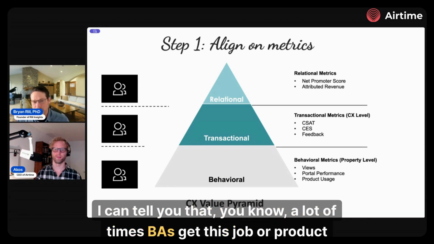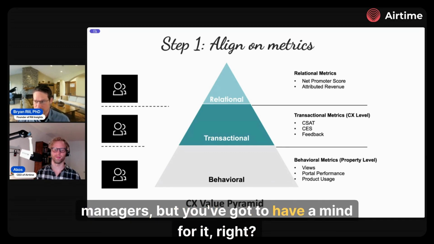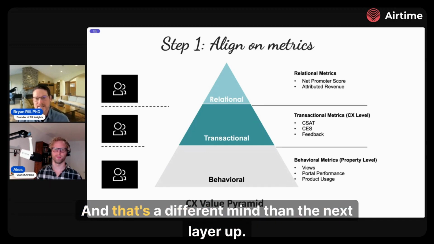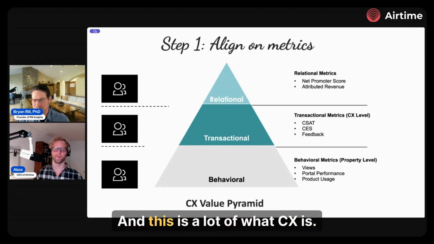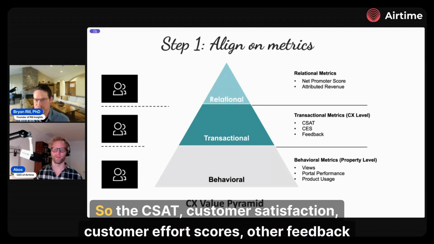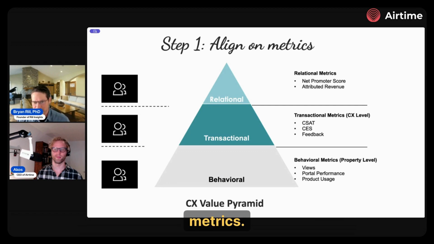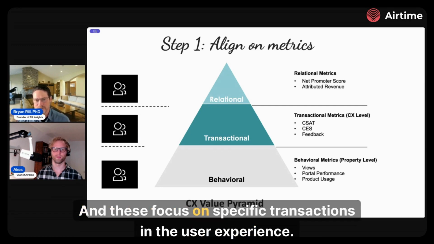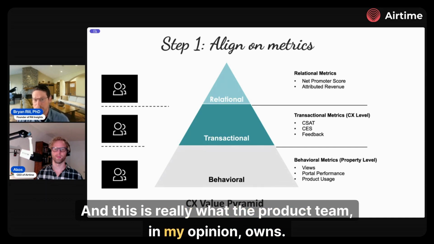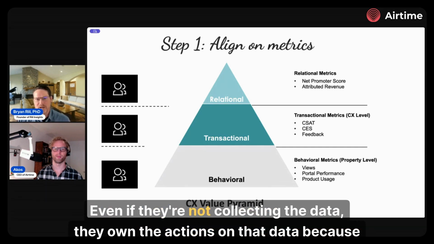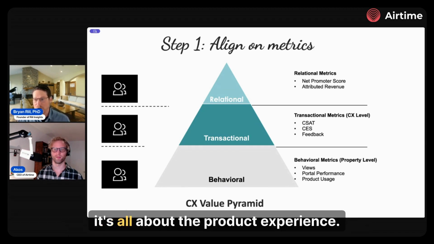A lot of times BAs get this job or product managers, but you've got to have a mind for it, right? And that's a different mind than the next layer up, which is transactional metrics. And this is a lot of what CX is, right? So the CSAT, customer satisfaction, customer effort scores, other feedback metrics. And these focus on specific transactions in the user experience. And this is really what the product team, in my opinion, owns. Even if they're not collecting the data, they own the actions on that data